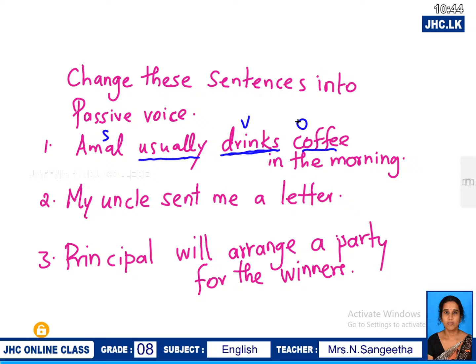Subject, verb and the object. Bring the object to the beginning. An object? Coffee. Simple present tense. At the same time, object இங்கே சப்ஜெக்டாக வந்துட்டு சிங்குலராக இருக்குது. So what is the be verb you can use? என்ன பாவிக்கலாம்? Singular simple present tense என்றால் என்ன பாவிப்பீங்க? Is. Plus the past participle of the main verb. What is it? It is a irregular verb. So the past participle is drunk. Coffee is drunk